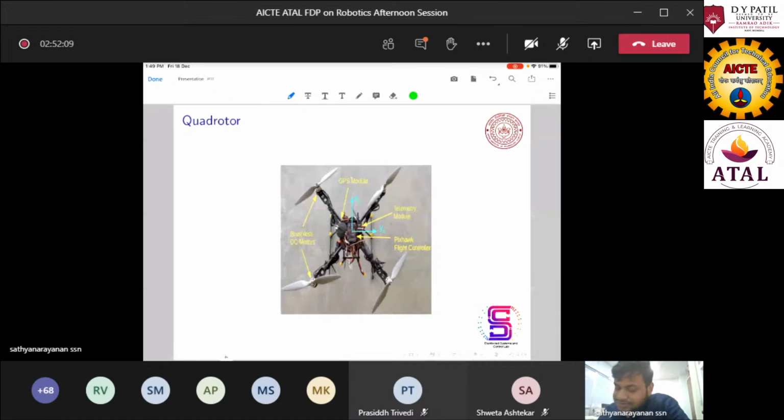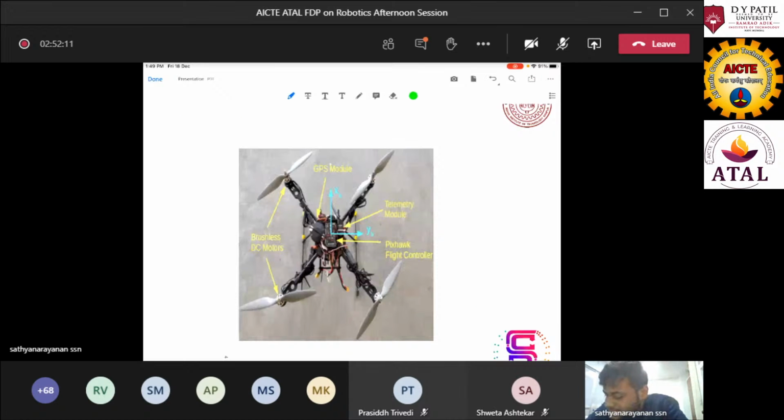So first, going into the quad rotor, we will look into what the main components used in a quad rotor are. As the name suggests, a quad rotor has four rotors, and